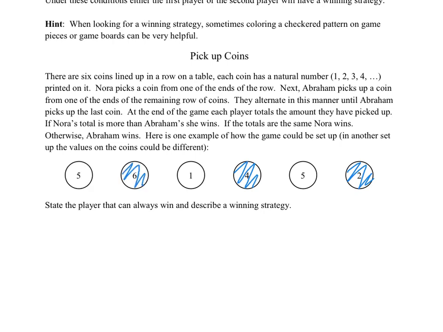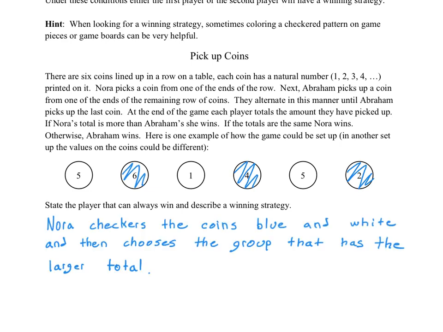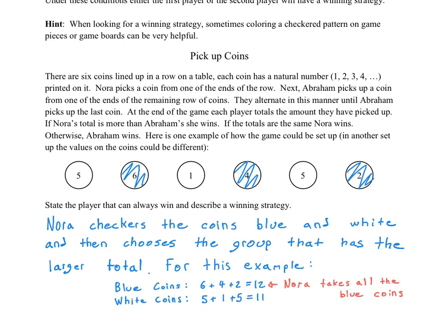So since Nora has that choice, and she would like to get the larger amount in the end, Nora can just pick up the larger group. Let's write that down. So for this example, Nora would look at a 5, a 1, and a 5 and get 11, and compare that to a 6, a 4, and a 2 and get 12. Nora would like the blue coins. So if we were to play this game out, Nora would decide to take the 2 first,